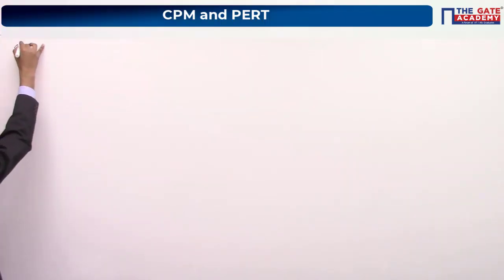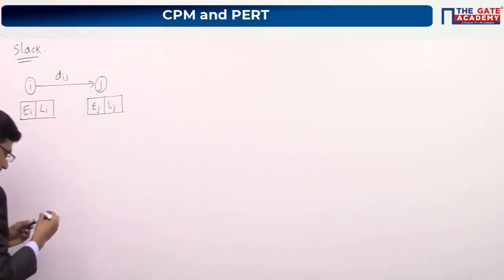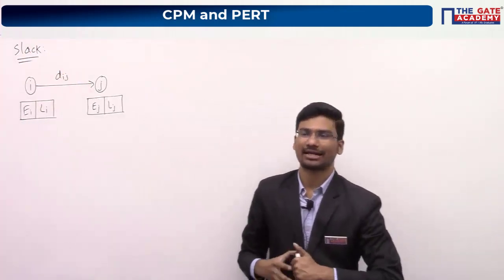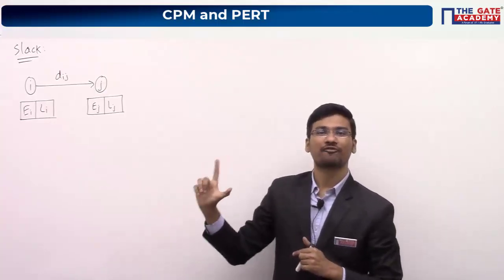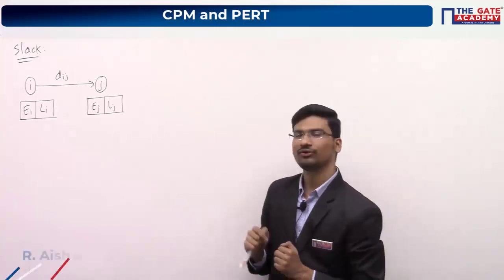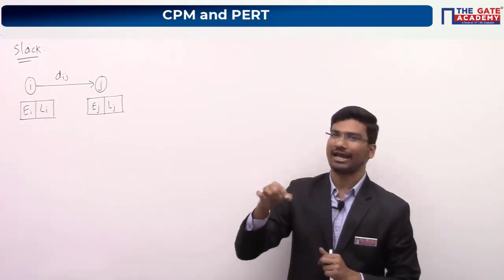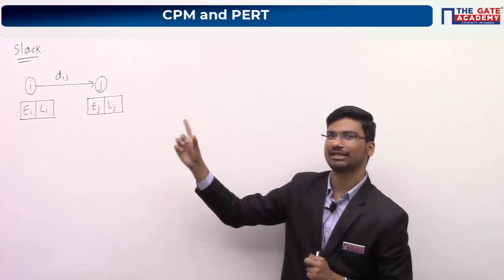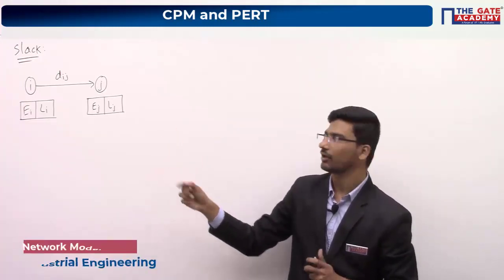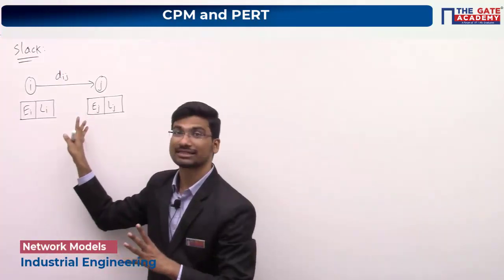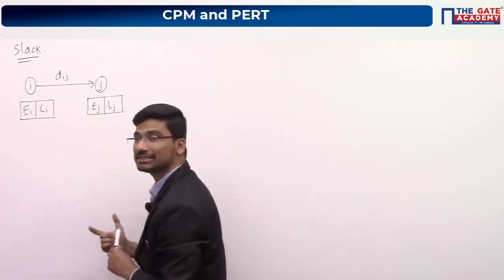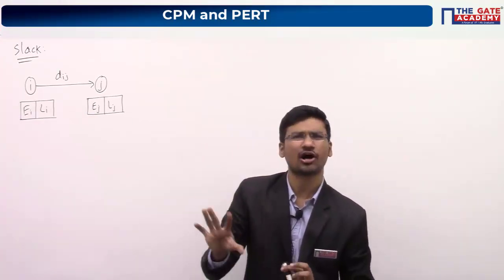So one more term is there which is known as slack. Keep writing slack and write down the definition for slack. A slack is a permissible delay period of an event. What is float? It is a permissible delay period of an activity. But what is slack? It is a permissible delay period of an event. Previously we have seen examples like 3 p.m., 5 p.m. So what is meant by slack? It is the permissible delay period of an event or node, you can say.